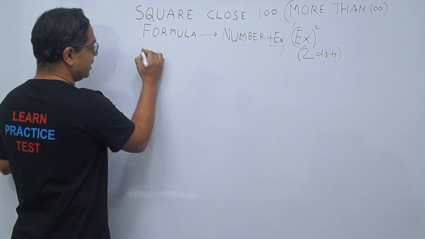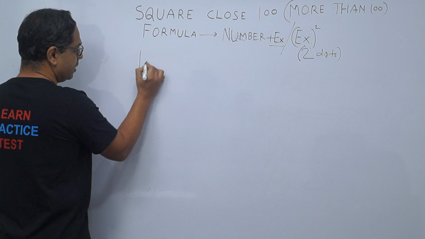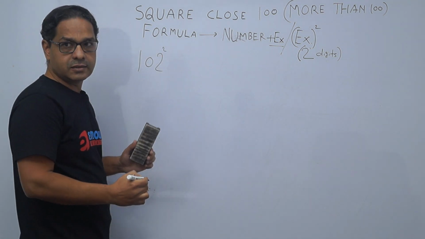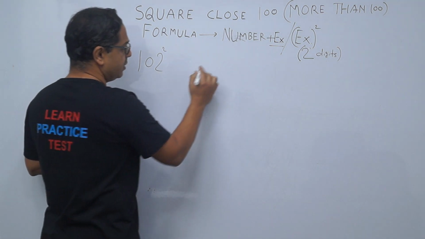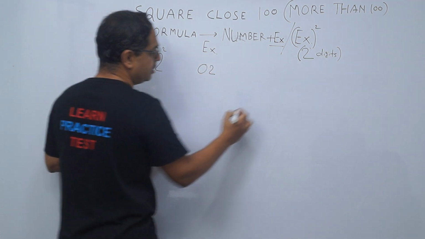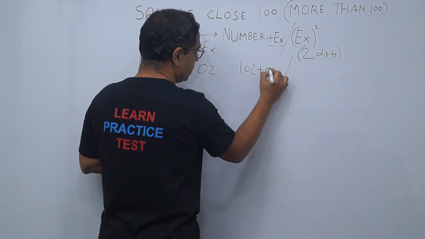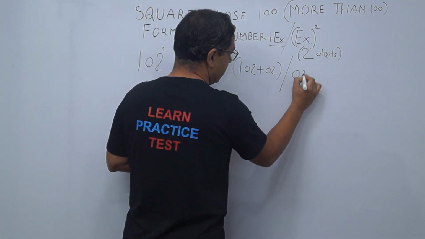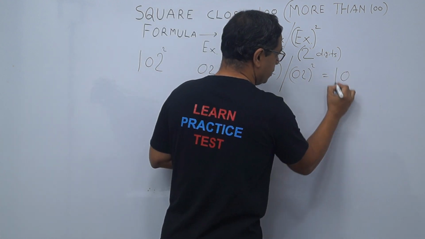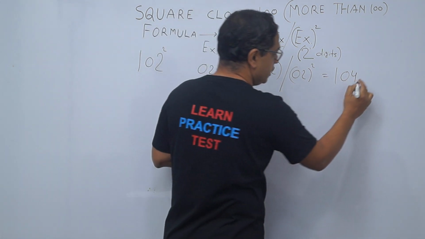So let me start with an example. We start with 102 square. 102 is 2 more than 100, so the excess here is 02. By using the formula, it will give you 102 plus 2 on the left, and on the right side we have 02 square. So the final answer is 102 plus 2 is 104, and the right side 02 square is 04. So that gives you